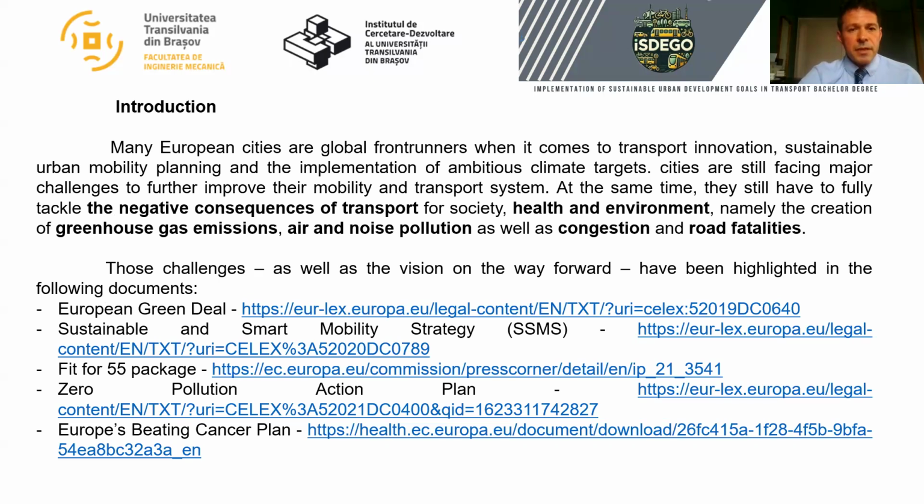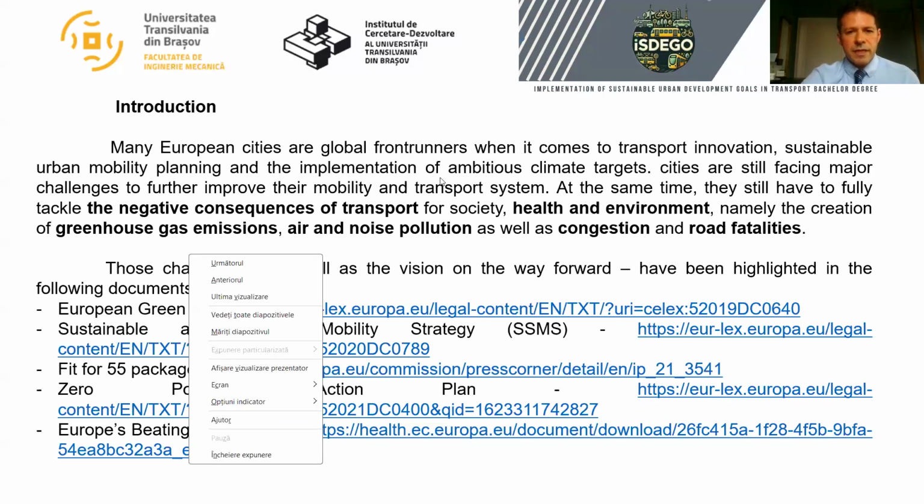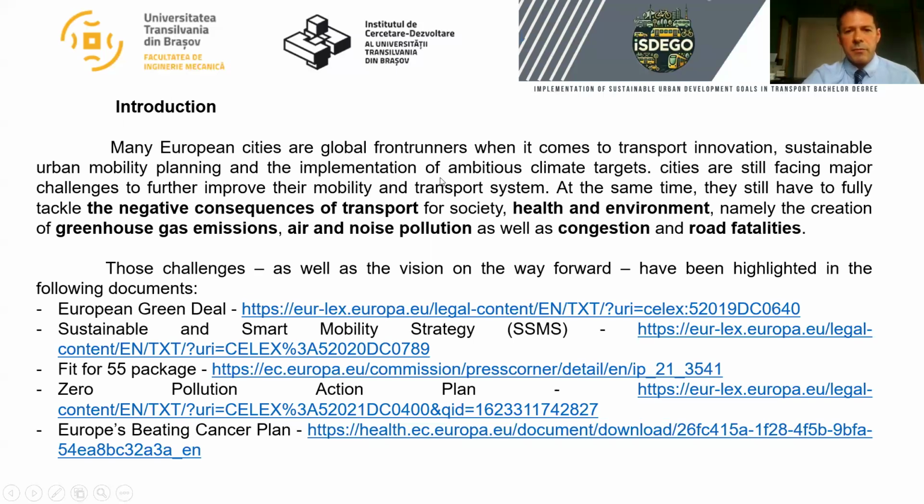As a document that we start from for implementing urban mobility documents, there is the European Green Deal. Also, we use several other documents. One of them is the Sustainable and Smart Mobility Strategy, also the Fit for 55 package and the Zero Pollution Action Plan. We put the links for each one of them. They are very useful documents that we start from when we